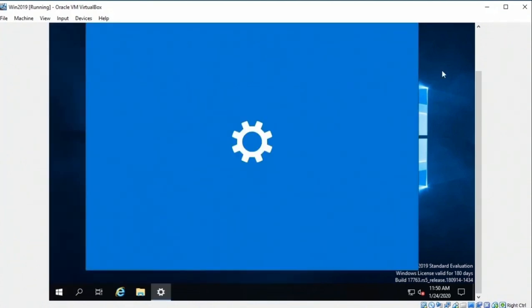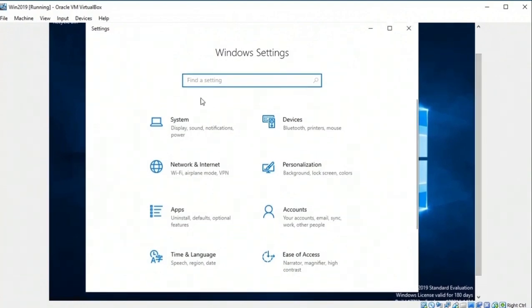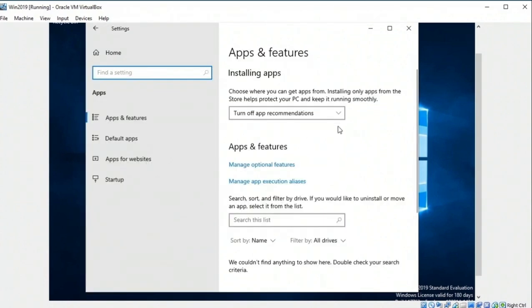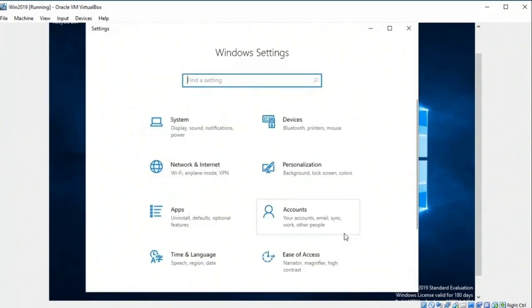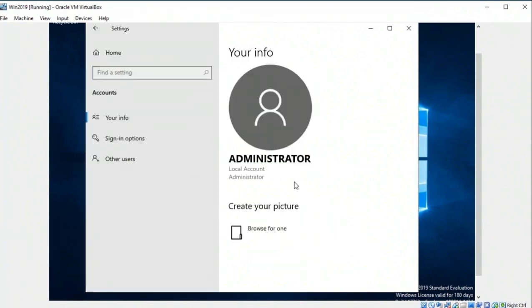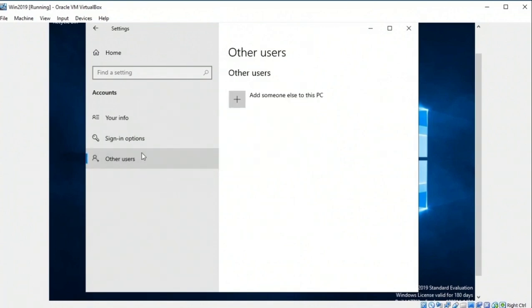And of course, under Settings, we have all the things you would have in Windows 10, where you can look at network and internet settings, app settings. This is another way to go, by the way, to uninstall if you wish. We also have ease of access, accounts. Now, this is a place we looked at when we talked about Windows 10, but let's look at Windows Server. This doesn't have a guest account by default, which is good, but double check and see if you have one and you want to disable it.